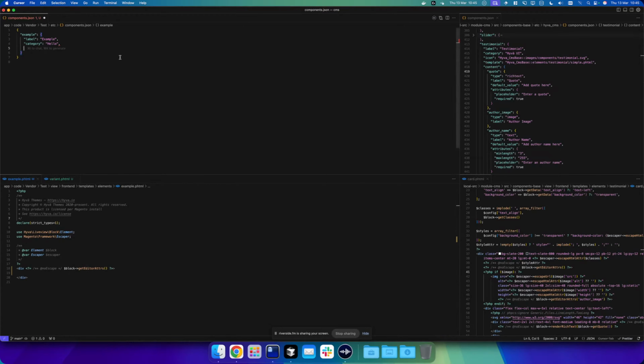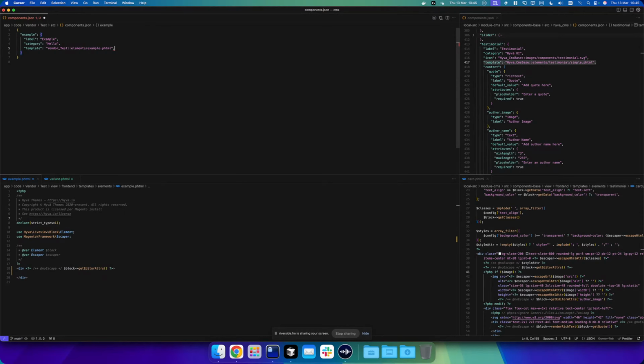That's based on the label or the key for this JSON on the left? Yes, it's based on the key. If we've created an example component, then we'll expect a front-end template inside that area. And even if it doesn't exist, it will just complain about it in the editor. It'll be like, look, we're just missing the PHTML file. It doesn't break the entire page. But in this scenario, I am going to just copy this. So I guess we're going to vendor test elements, and then we'll go with example.